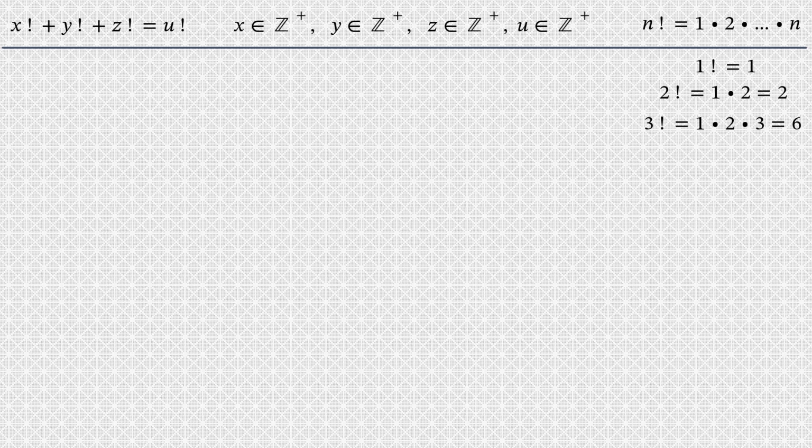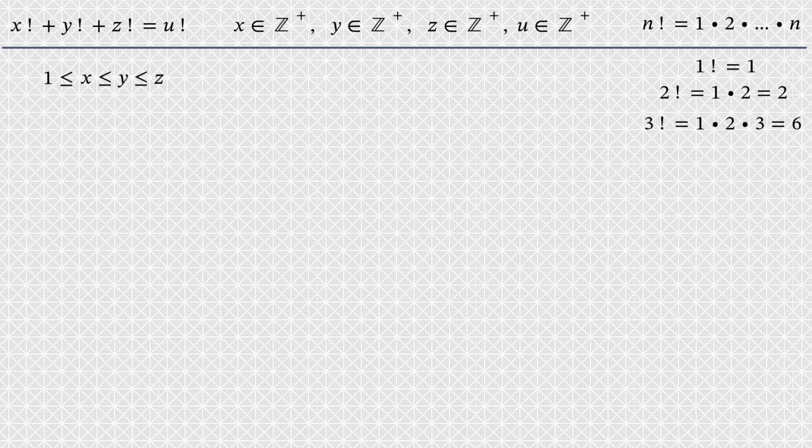The first thing we can notice is that x, y, and z enter symmetrically into the equation. Therefore, without loss of generality, we can assume that they go in a non-decreasing order. Then we write that x is no less than 1, and so are y and z, of course. And we are going to extend the inequality even further.